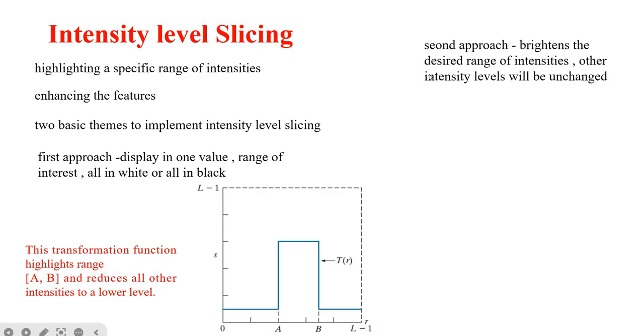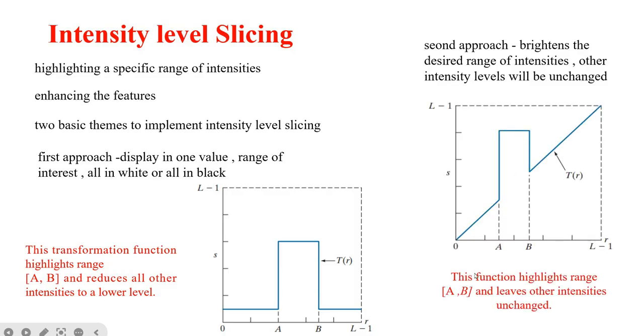And the second approach is shown in this figure, where it will highlight the range of a to b, and it will leave other intensities unchanged. So the second approach is based on this transformation function shown in the figure, and here it will brighten or darken the desired range of intensities, and leaves all other intensity levels in the image unchanged. Okay, so you can see here